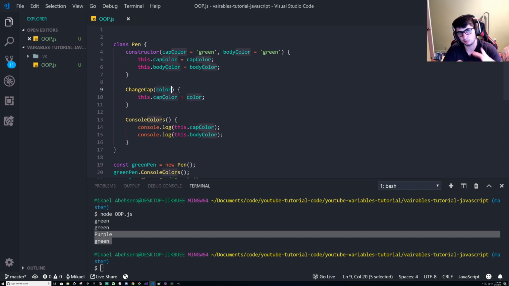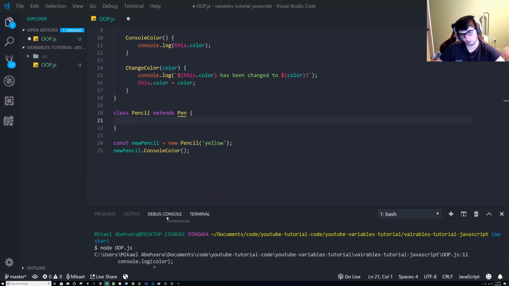Let's do a little example of extending a class, and then I'll end it there since there's a lot for you guys to think about and to learn. Alright, so let's extend the pen class and make a pencil under it. So on the tree of different types of pens, we can make one called pencil, and then from there we can add to it its own properties that pen might not have. So let's start with a couple things. We need a constructor,